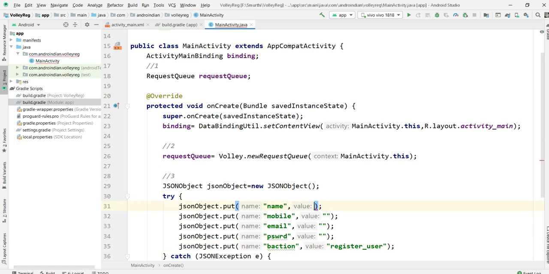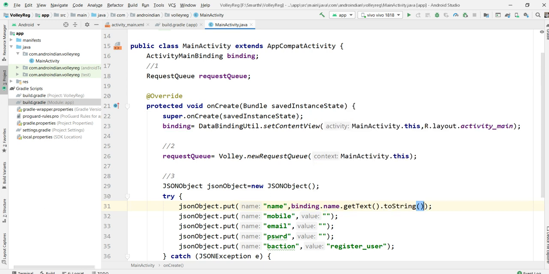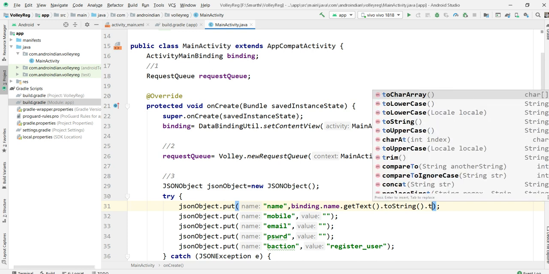Now this data I'm getting from here: see, dataBinding dot name dot getText dot toString, and I'm using this string.